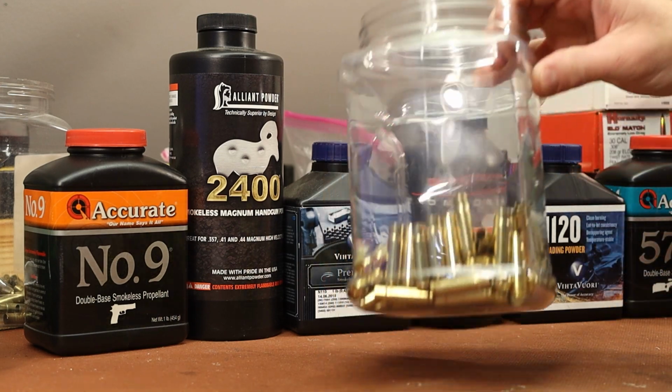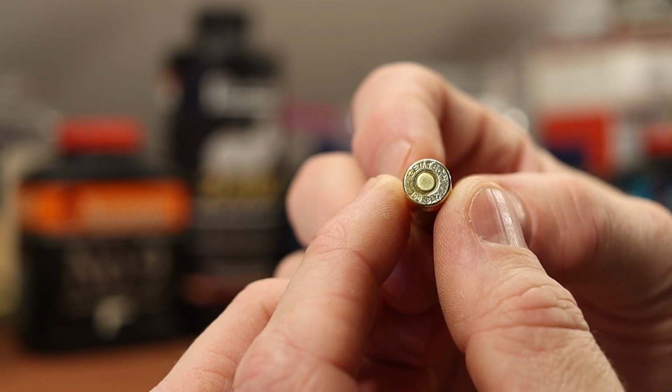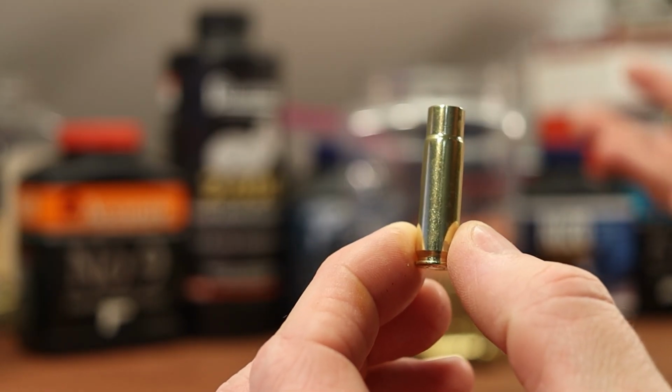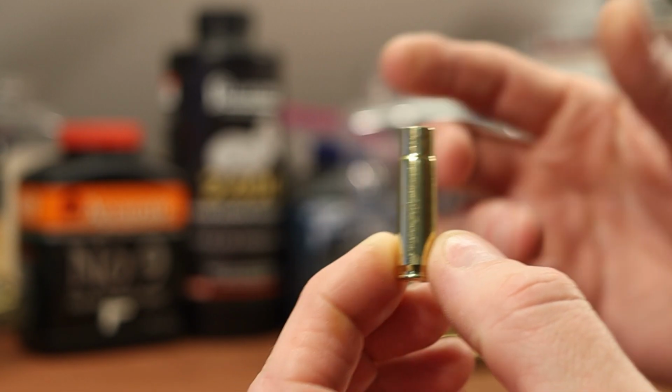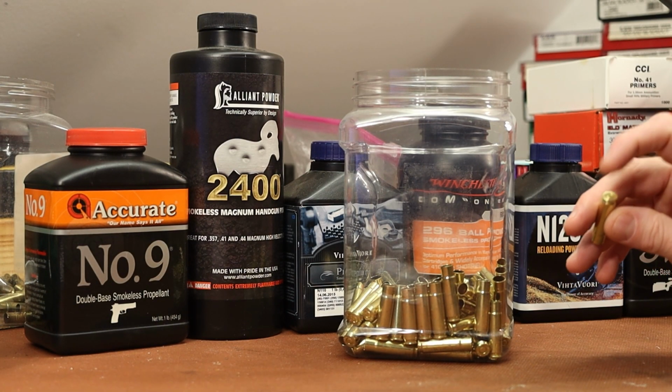I've got about 150 pieces of brass that are fully prepped. It's the same Gemtech brass that I shot in the last video. I've got about 200 pieces of this Gemtech brass floating around, and this is just going to be my SBR brass. Assuming it holds up, because if you remember in the last video, I had some primer pockets that were